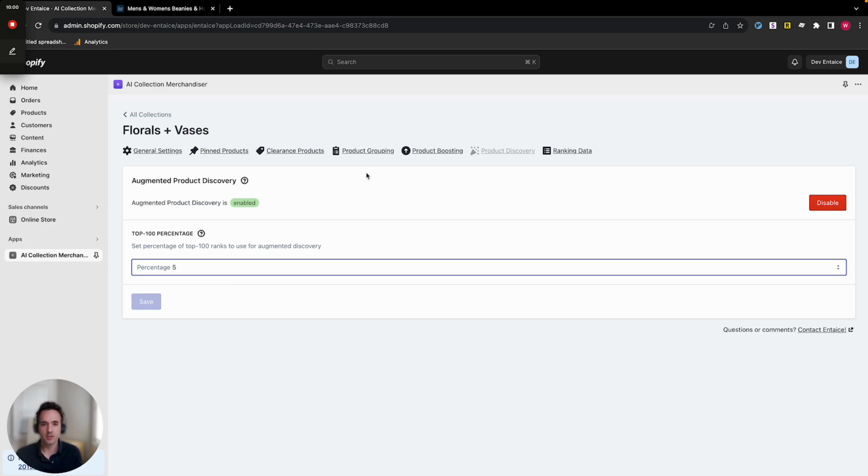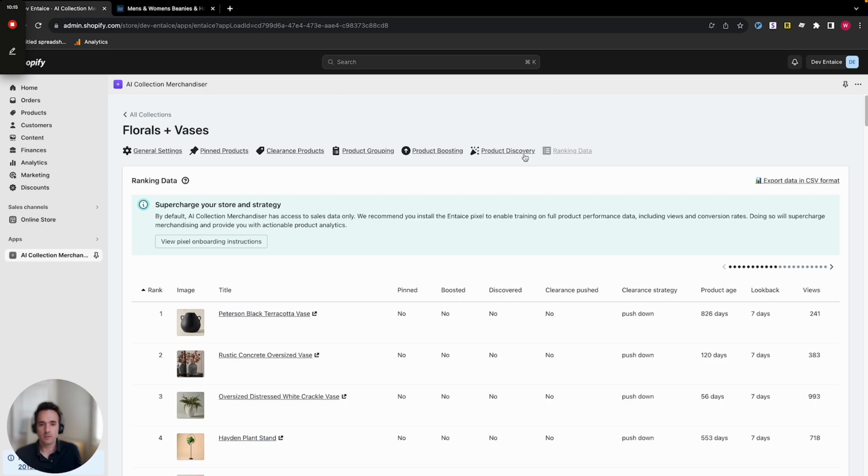And so generally at this point, we kind of see merchandisers and store owners saying, wow, this seems like a really powerful set of features. How do I actually know that the app is working and doing what I think it's doing? And so that's exactly why we created the ranking data section of our app. And so once you go into the ranking data, what you can see is all of the different data and all of the different settings that are actually being used to generate the final ranking for the top 100 products